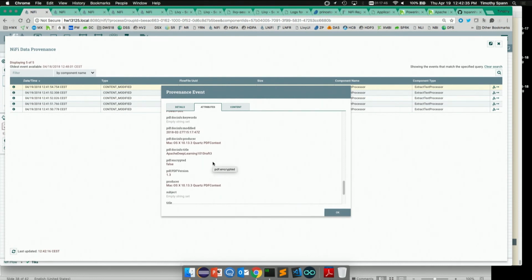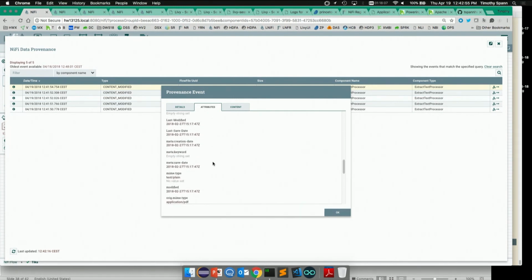I'm also getting all the metadata, so I know who built it, what the title was. This is actually an earlier version of the presentation as a PDF. So I'm processing that. My thought was I would have NiFi read my presentation and then send it to Apple Speak, but it's really slow on my laptop to do that. There wasn't really good timing. I'm slightly better than Apple Speak for presentations, just a little.